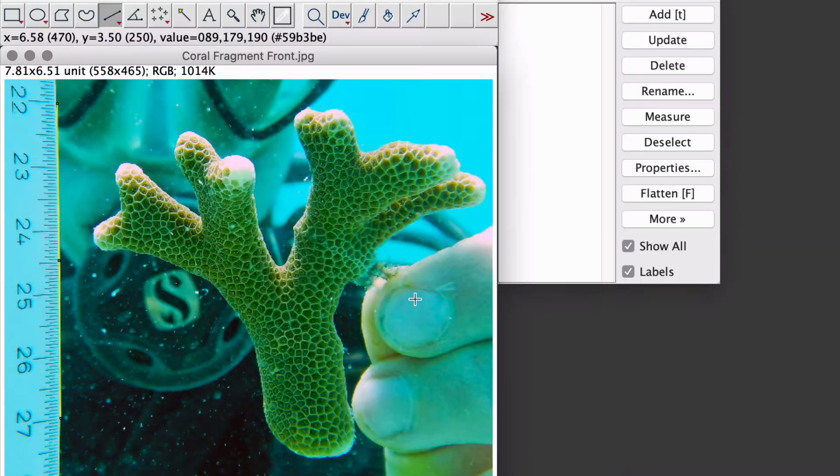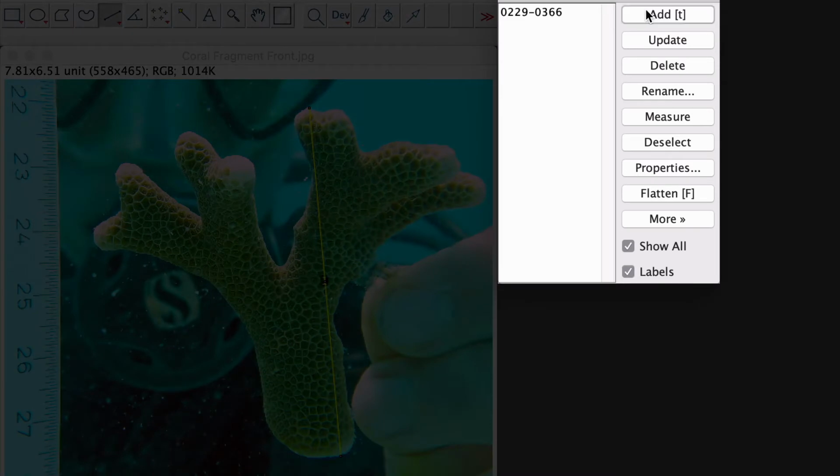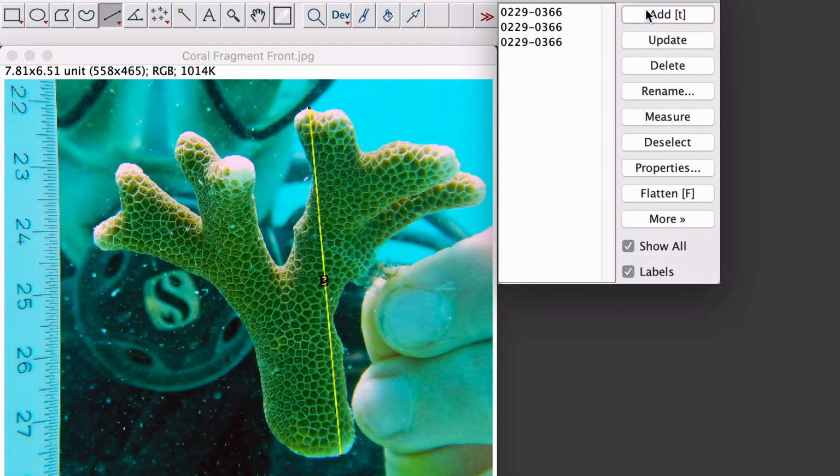distance. To start measuring a fragment, draw a line along the longest part of the coral fragment. This line is automatically selected until you create a new one. In the ROI Manager window, select Add 3 times. This adds and saves 3 versions of the current line into the manager. On the picture, though, you will only see one because currently they overlap each other.